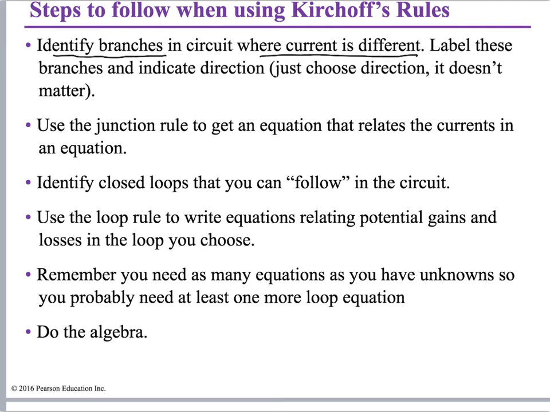We would label the current in each of these branches, like I1, I2, etc., and you indicate what direction you think the current is going in. Guess what? It does not matter what direction you choose. Just choose a direction. You don't have to try to figure it out. Keep in mind that if you chose the wrong direction,